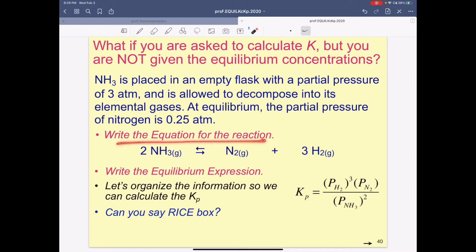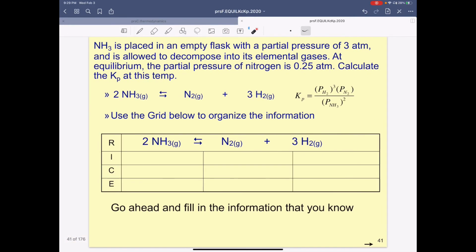First, we'd write an equation, which from the words up above here, you could be expected to write. Then we need to turn that equation into an equilibrium expression. And now we want to build ourselves a RICE box. So we have that here, and we want to plug in some information. We've got our reaction in the first row, and then we want to put some initial information in. This, of course, is information as well. And so we should end up with